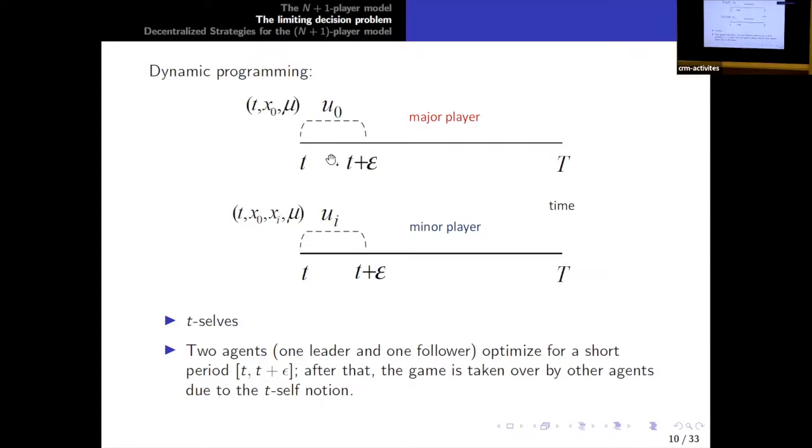Then the game is like this. We consider a very short period. In this case, the two agents live in this world. They play a game for this short period. After that, they die. They leave this game, which is taken over by other agents. So this is how we can do dynamic programming